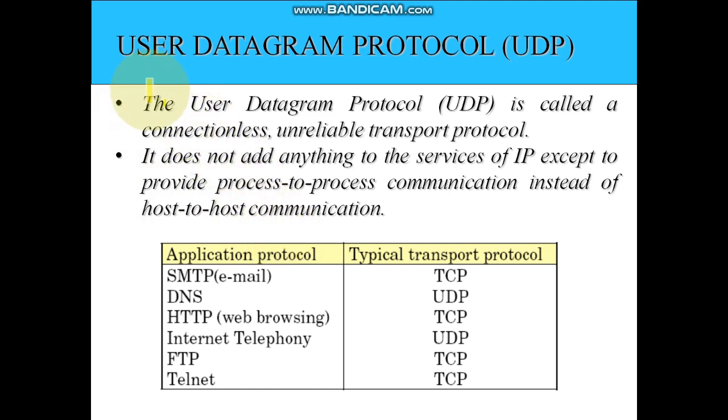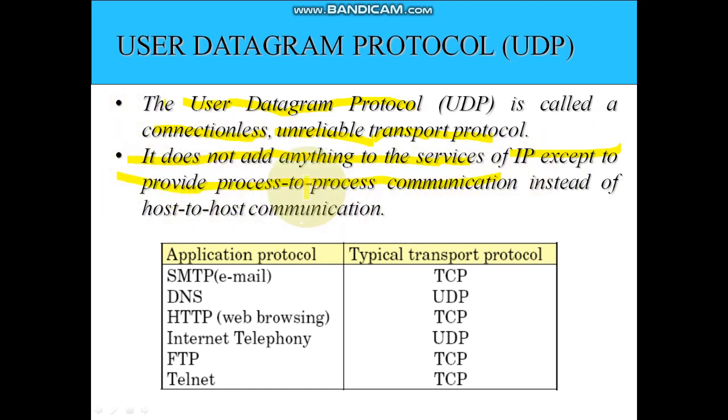So what is User Datagram Protocol? The first thing is user, and then datagram protocol. Here you hear about process-to-process delivery, which is controlled in the transport layer. The User Datagram Protocol is called a connectionless and unreliable transport protocol. It does not add anything to the service, as TCP adds other things, except to provide process-to-process delivery